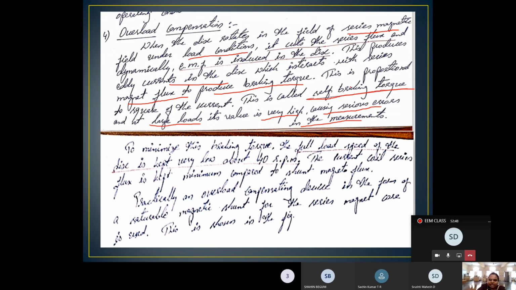What will he be doing? He designs such a meter that can read a power of 100 watts. Srishti's is taken as 10 watts, and Sachin designs his own meter of 100 watts that it is going to measure. For the minimum load, what we have to do? The load should produce 10 watts only for Srishti's design. For Sachin's design, the load should be 100 watts.